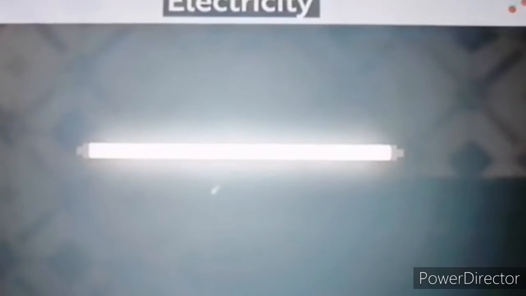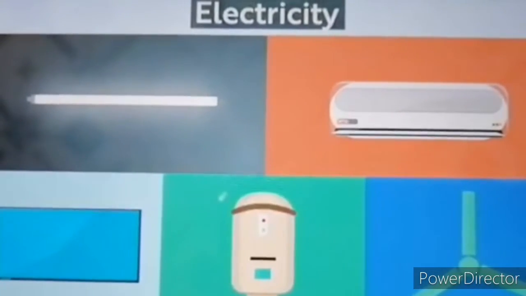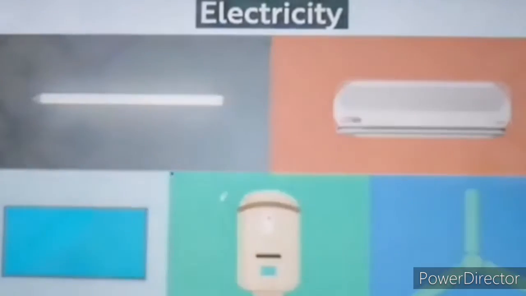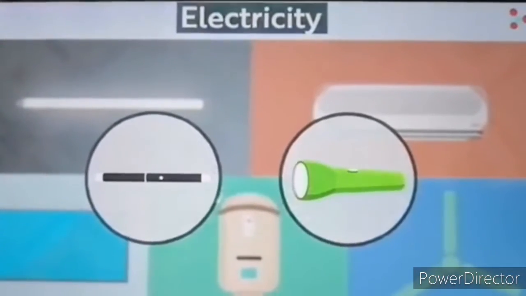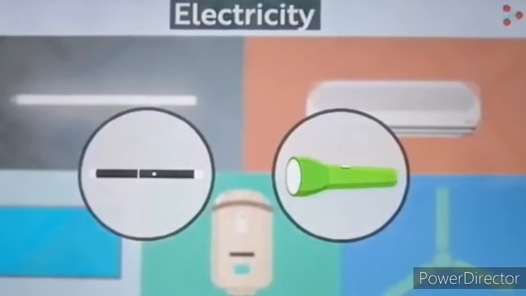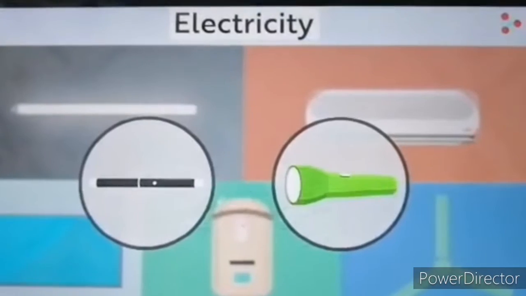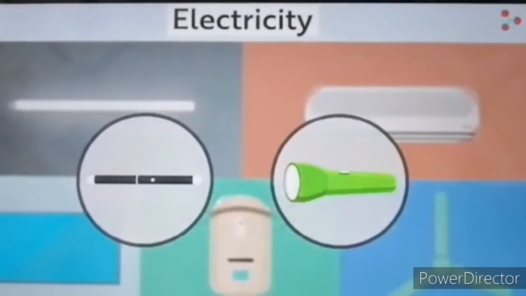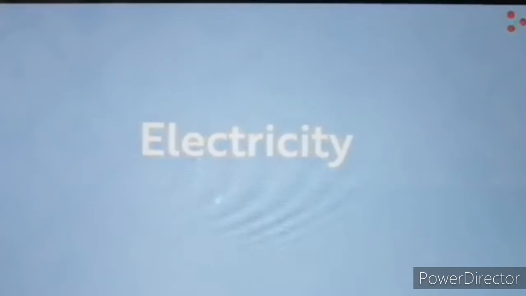We all use current electricity in our daily life, in our offices, in our homes, everywhere, as in AC, in fans, and even a single small torch uses the application of current electricity. We can't use all these appliances without current electricity. So we have to know what this current electricity is.